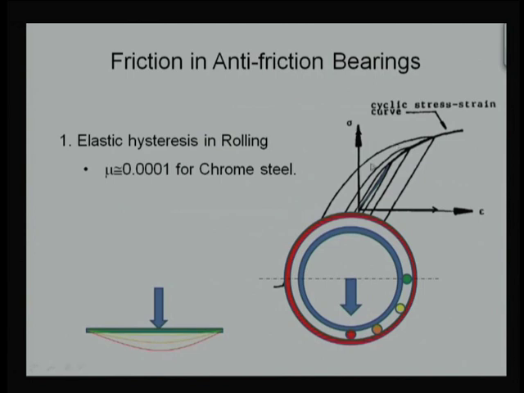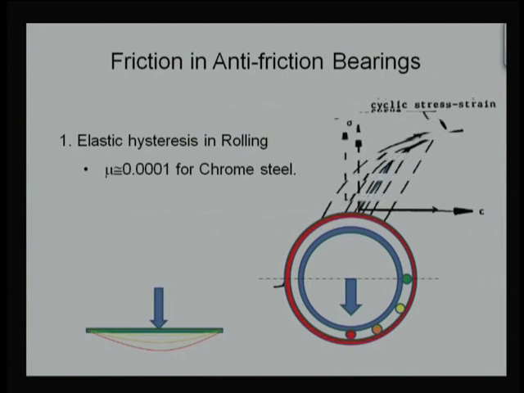That is, if the material is not good, then there will be a bigger loop, or there will be larger energy loss for that material or for that bearing. So the hysteresis losses will be higher if we choose some cast iron, or some other material where the energy loss is higher. While in the case of chrome steel, which has been used in the rolling element bearing, that has a lesser